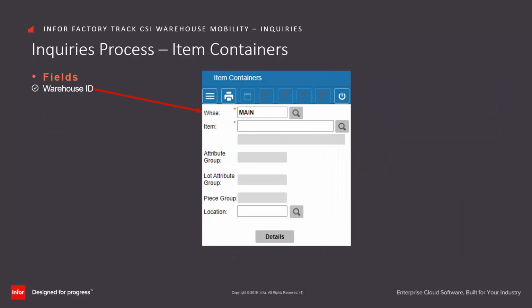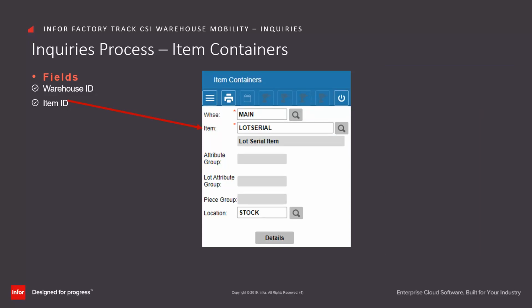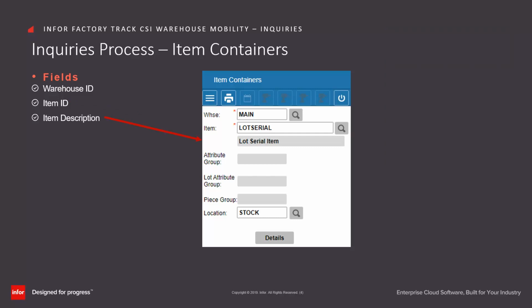The Item Containers transaction allows you to view containers that contain a specific item. Enter or select from drop-down a warehouse in which to view containers. Enter or select from drop-down an item for which to view the containers. Factory Track displays this information about the selected item: the description, the attribute group, the lot attribute group, the piece